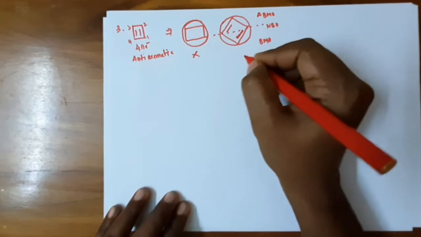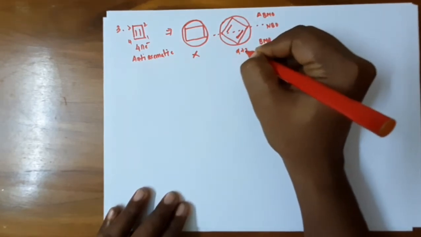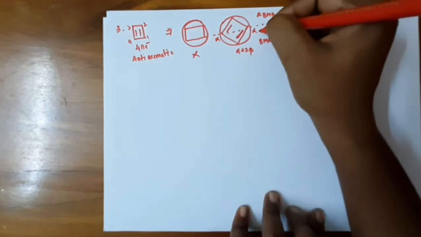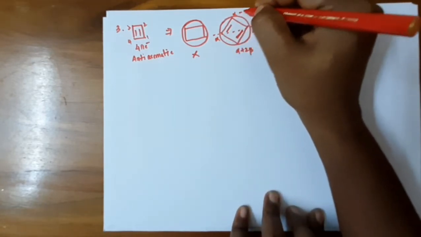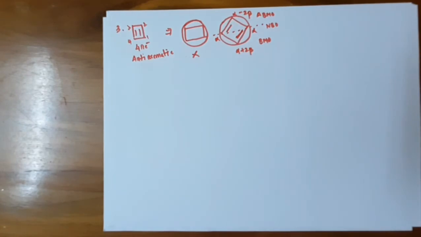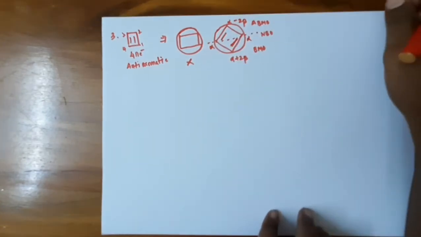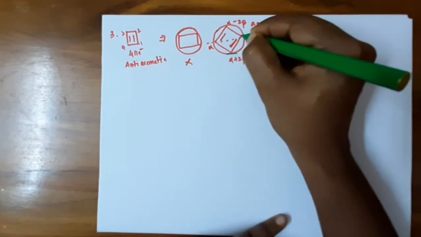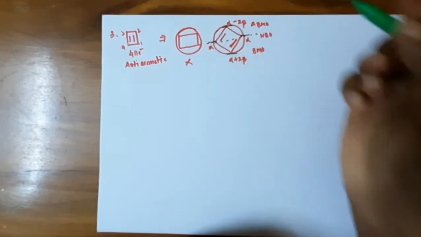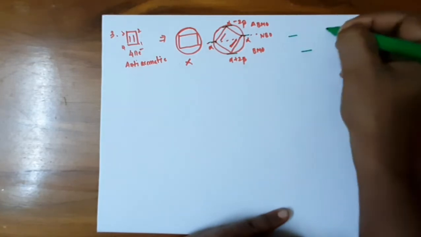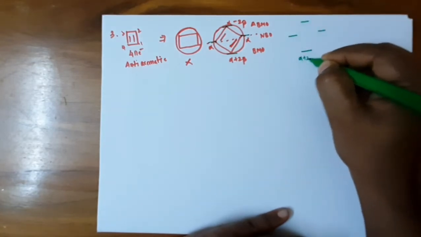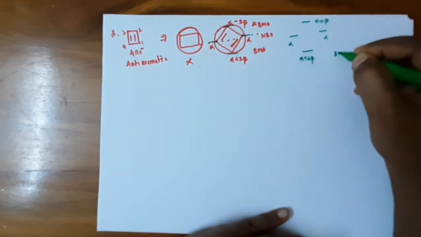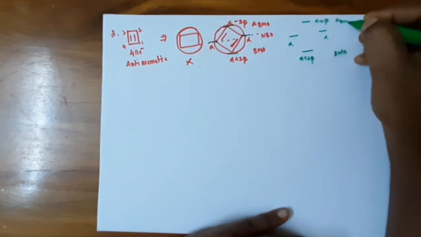From the Huckel molecular orbital theory, it has alpha plus 2 beta energy, and 2 degenerate levels, that is alpha, and this is alpha minus 2 beta. So this is the Frost circle for cyclobutadiene. Draw the horizontal line for each atom. So these are the energy levels: alpha plus 2 beta, alpha, and alpha minus 2 beta. This is the bonding molecular orbital and this is the anti-bonding molecular orbital.